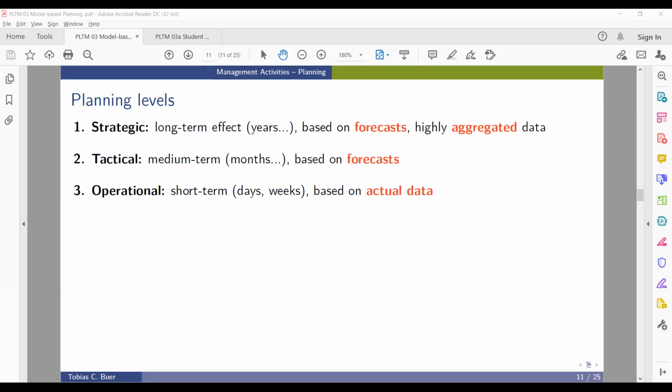If we look at one evening at a restaurant and the actual customers that are already sitting inside the restaurant and have already placed an order, then this is the actual data. We already know our customer ordered this item from the menu, that item, and this item, and now we need to prepare the meal. If we do this for the next months, we have a forecasting problem.